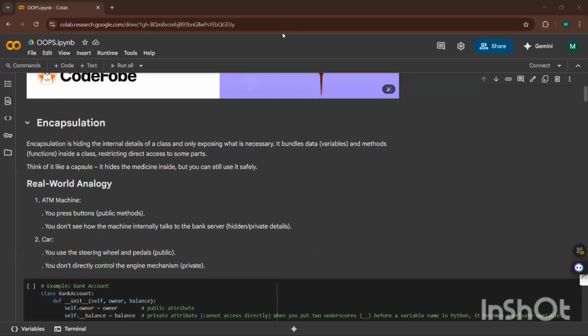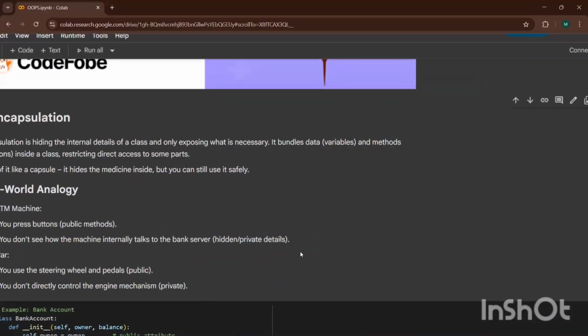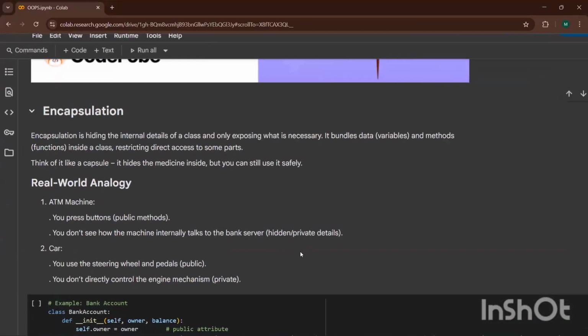Okay, great, guys. Is it okay, Soumya? This much Zoom is okay? Oh, great.